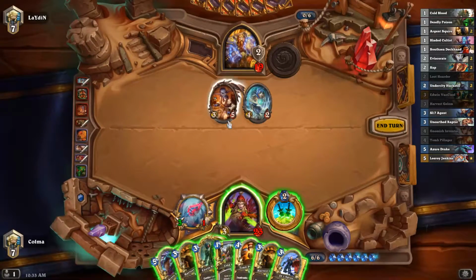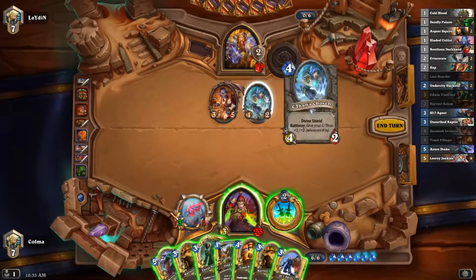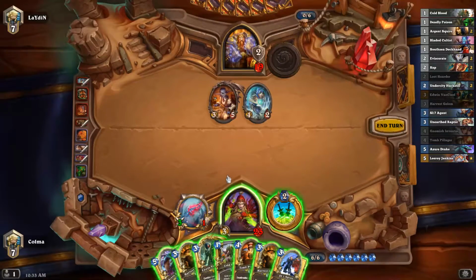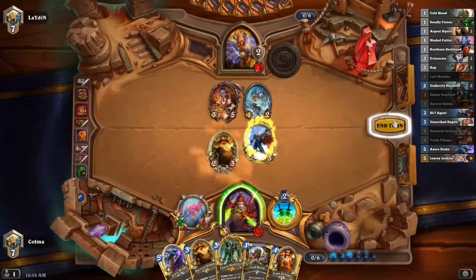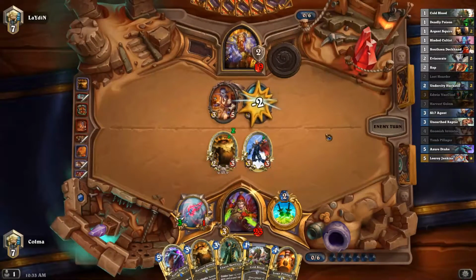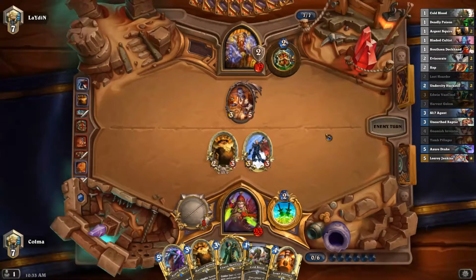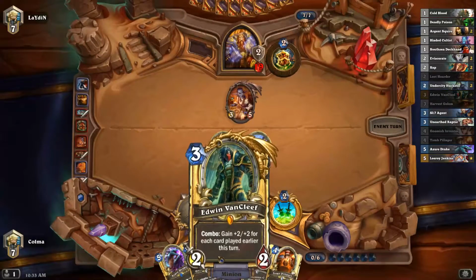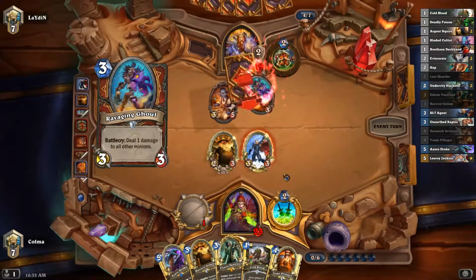So, let's see. Maybe a Harvest Golem into SI7 to kill that. Hold on to the dagger for now. I think that is what I like best. Let's do that. Could potentially get a decent sized Edwin soon. Like maybe